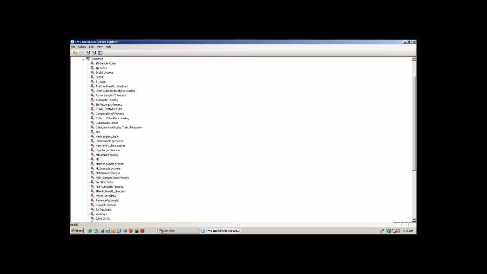So normally what exactly is your business requirement? Say for example, I have the data in Excel, I have the data in SQL, in DB2, in Oracle or any other thing, SAP or something. So by using the data, I want to build a cube and I want to analyze my data, and I want to edit the data and do what-if analysis, spreading techniques, forecasting, budgeting. This is what exactly TM1 is for.